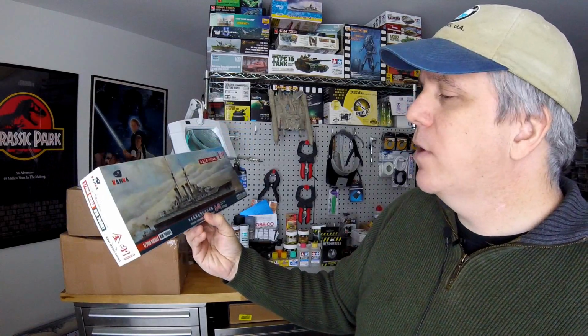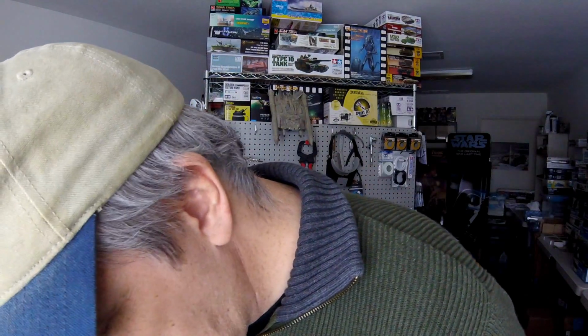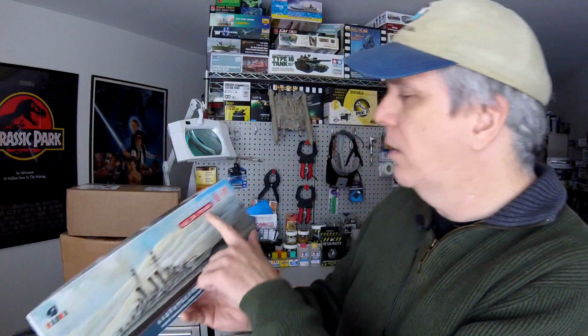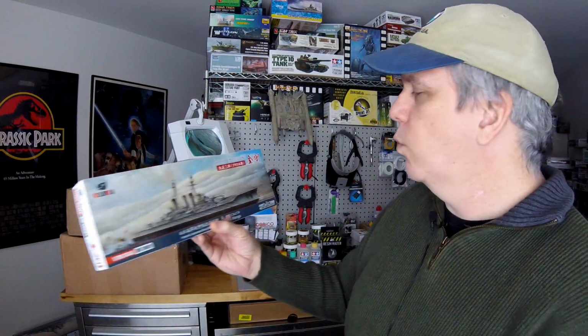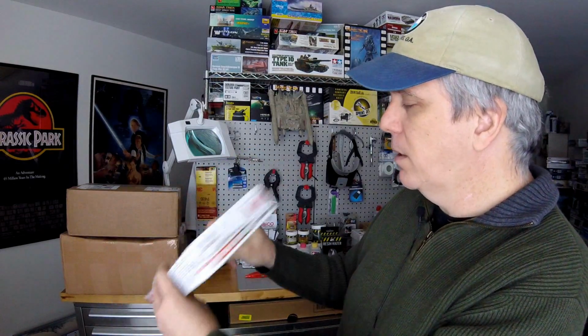So this is in 1/700 scale, the Congo, and I'm not sure this is... It looks like a full hull kit. Let me see if I can read that anywhere on here. Inside it looks like a no. Okay, wait, is it? No, it's a waterline kit. So I don't see a bottom hull. Definitely going to say waterline. So this is a 1914, it looks like, version of the Congo. This ship's in World of Warships. I played it. It's good. I'm sure that's a nice new release there from...